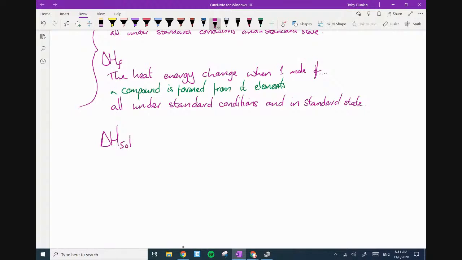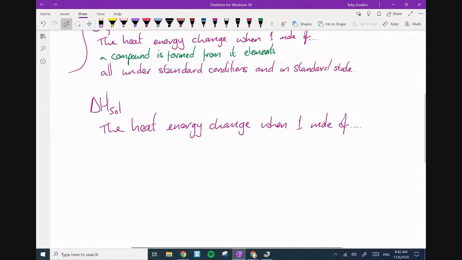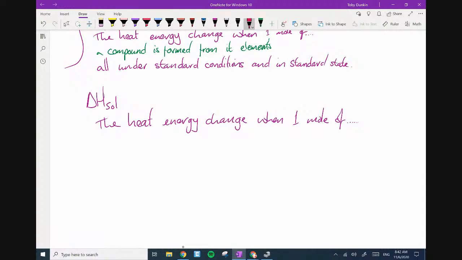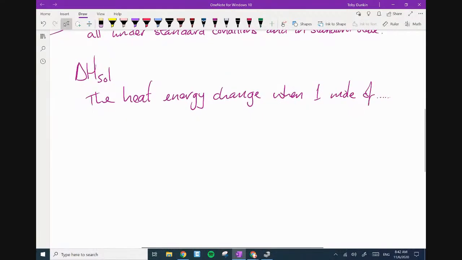So, the heat energy change when 1 mole of. I hope that you guys are writing all of these down as well. I don't want you to be copying and pasting if you're doing this on digital notes. You should be writing these down to get you into good routines. The heat energy change when 1 mole of, switch to green, I want to try and keep consistency, a substance